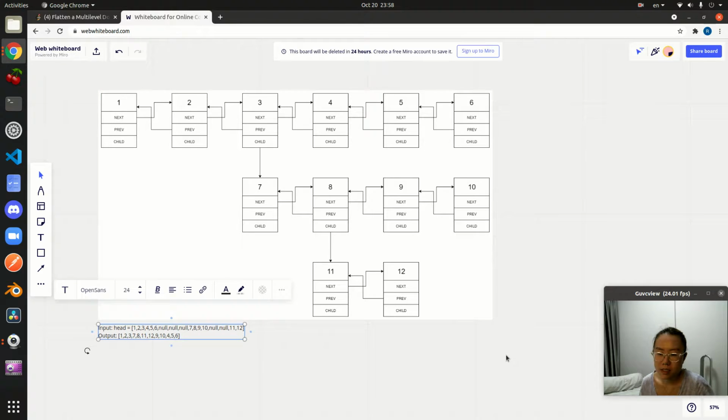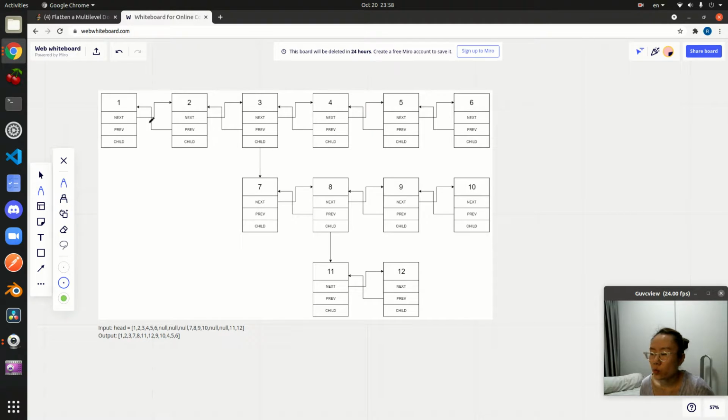So in this example, we can see that we have 3 levels, 1, 2, 3, and that this child pointer at node 3 is pointing to the next level, and node 8 has a child pointer pointing to the next level, node 11. Our job is to flatten everything to output 1, 2, 3, 7, 8, 11, 12, 9, 10, 4,